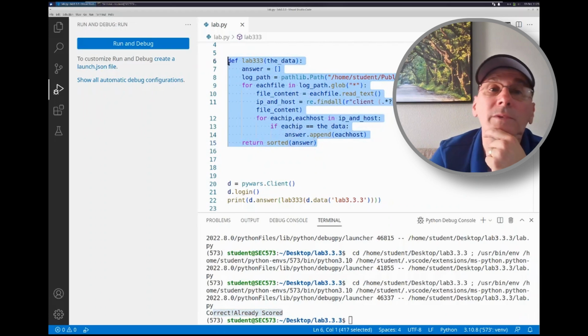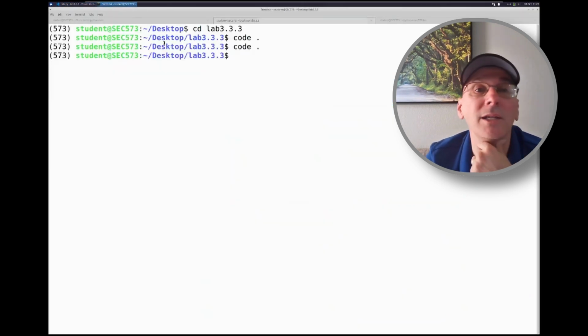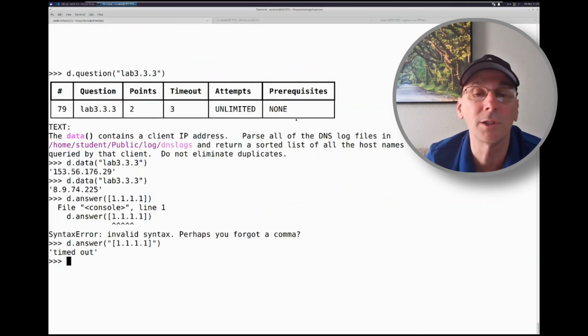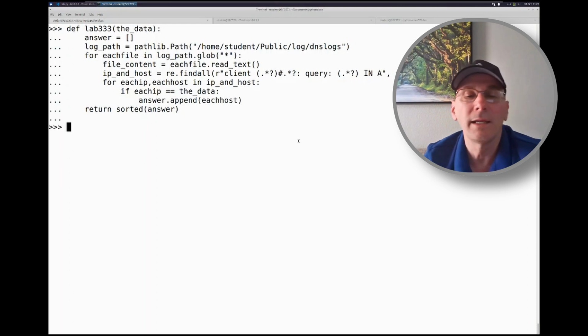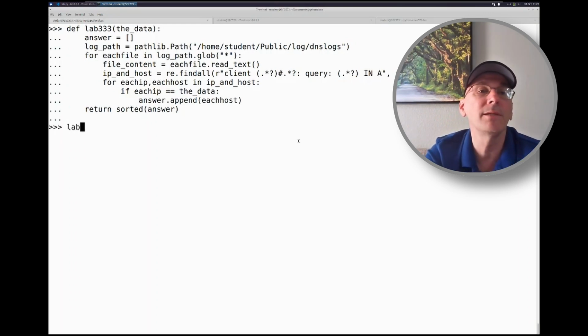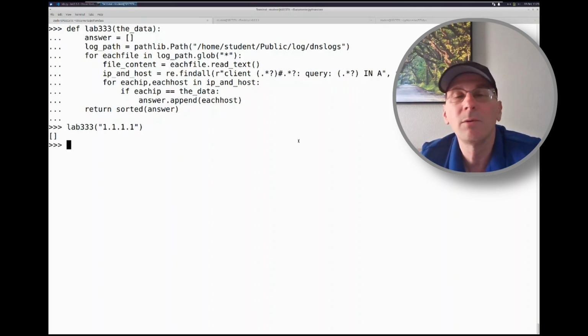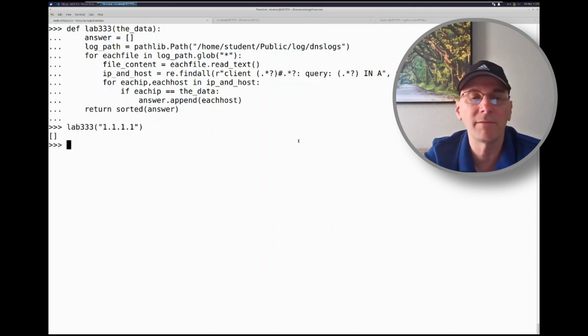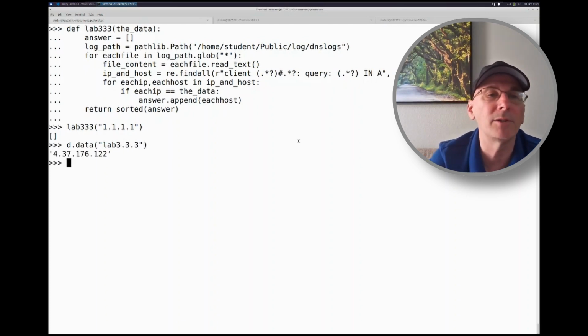But what I could now do is take this function. Let's just copy that, come back over here to our Python interactive shell where we were playing PyWars before. If I paste this in, now I've got a function, def lab 3.3.3, that if I give it an IP address, 1.1.1.1, it'd give me back a list of all of the hosts that match that. If I was to call it and give it that IP address,